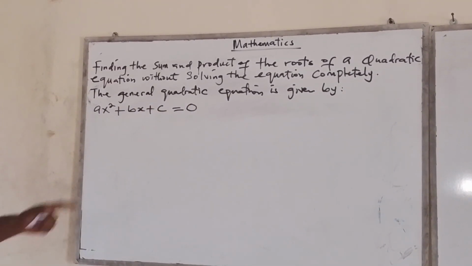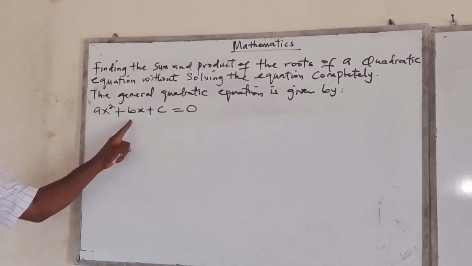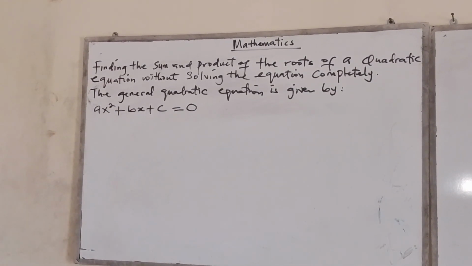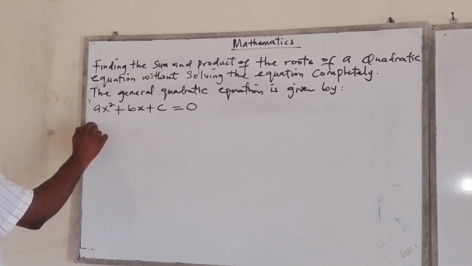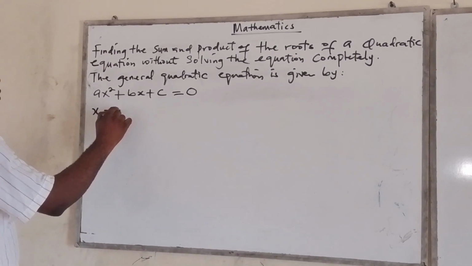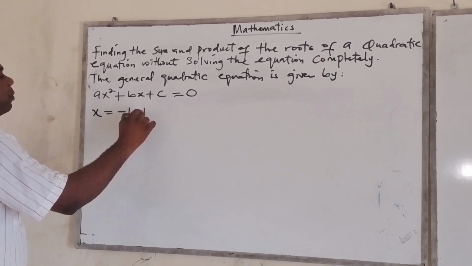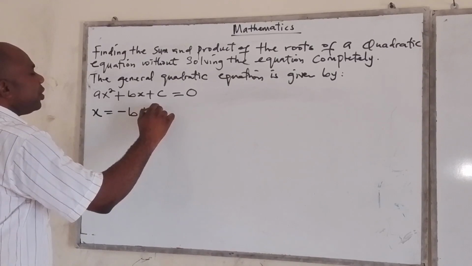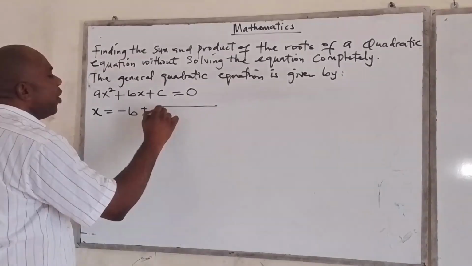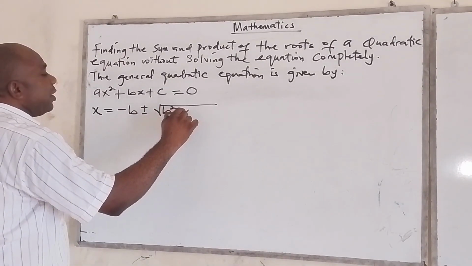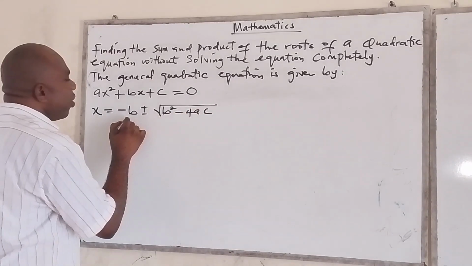And we said if ax squared plus bx plus c is equal to 0, it therefore means that the value of x will be equal to minus b plus or minus the square root of b squared minus 4ac all